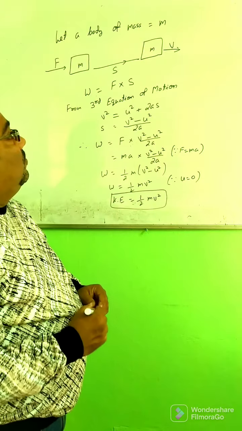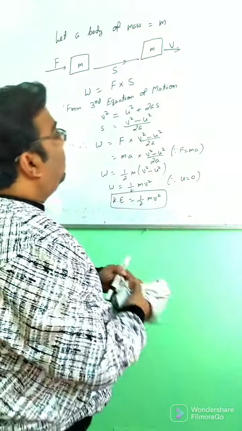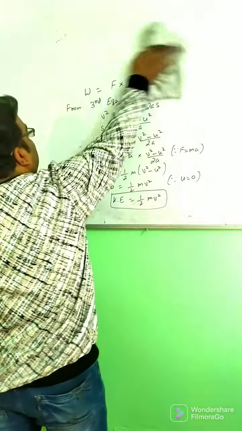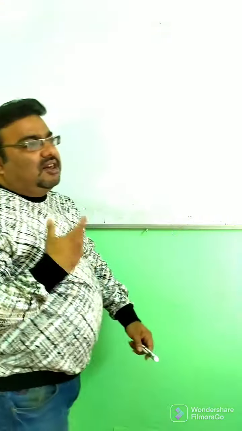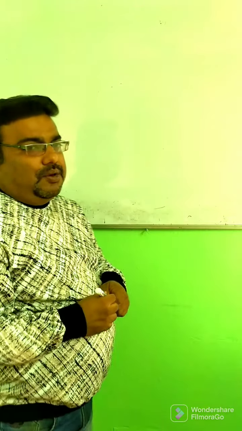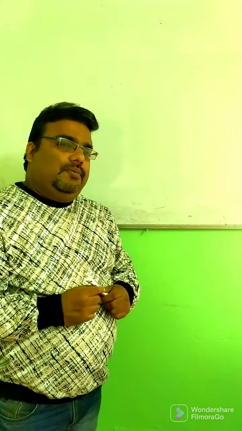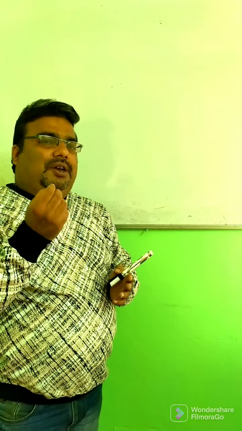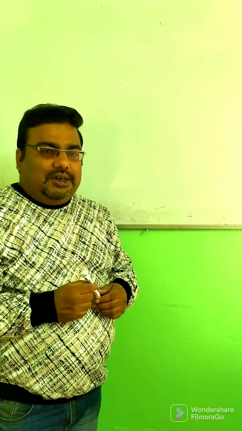Okay. Now, there is another form of energy that is called potential energy. Potential energy means the energy possessed in a body due to the change in position against gravity or due to the change in shape or size. For example, if you stretch a rubber band and release it, it will move. But when you are not stretching it, it is not moving. But when you stretch it, it will move after releasing.